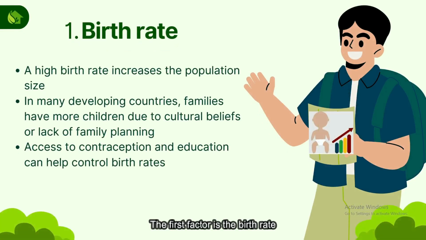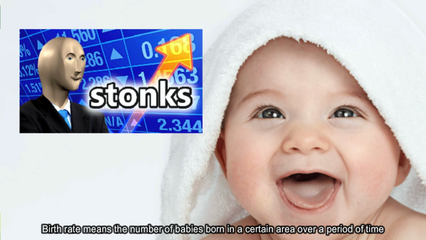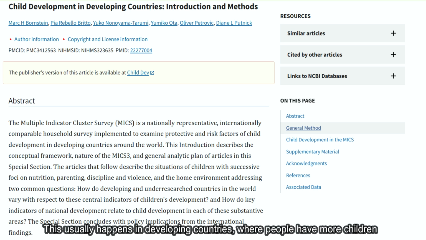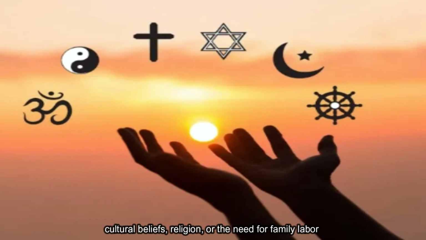First one, birth rate. The first factor is the birth rate. Birth rate means the number of babies born in a certain area over a period of time. A high rate means the population grows quickly. This usually happens in developing countries where people have more children due to cultural beliefs, religion, or the need for